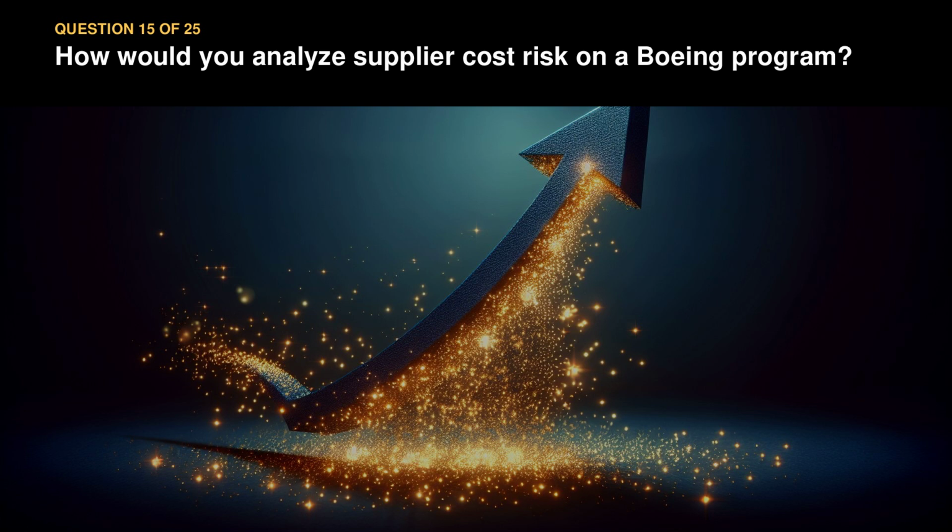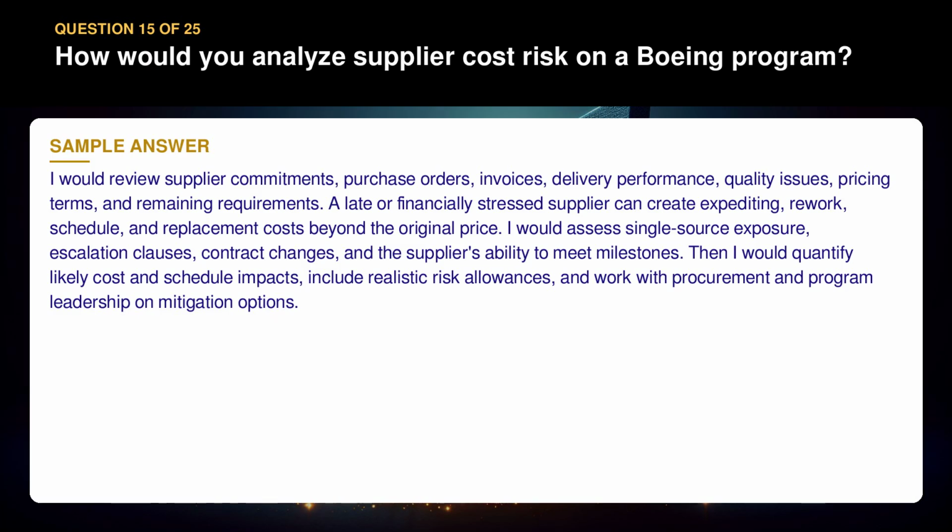Question 15. How would you analyze supplier cost risk on a Boeing program? I would review supplier commitments, purchase orders, invoices, delivery performance, quality issues, pricing terms, and remaining requirements. A late or financially stressed supplier can create expediting, rework, schedule, and replacement costs beyond the original price. I would assess single source exposure, escalation clauses, contract changes, and the supplier's ability to meet milestones. Then I would quantify likely cost and schedule impacts, include realistic risk allowances, and work with procurement and program leadership